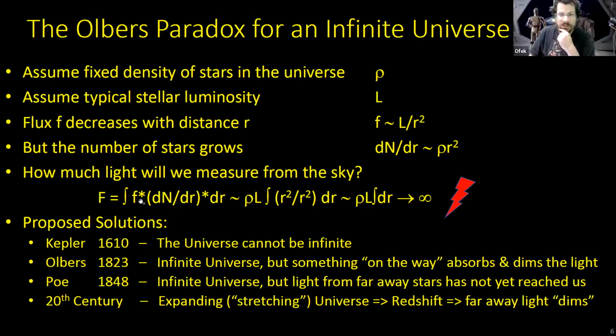So you take all the constants out, and what you find is that you're integrating over r squared in the numerator from the number of stars. You're dividing by r squared by the reduction in flux by distance, which means you're integrating over just the function 1, basically integrating over dr from 0 to infinity, and that gives you infinity. Okay, this is sometimes called the dark sky paradox, or the infinite universe paradox.